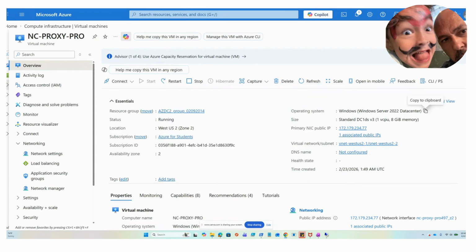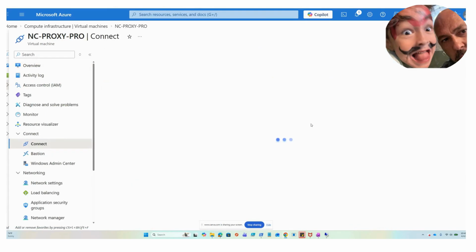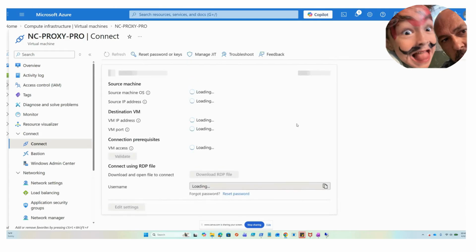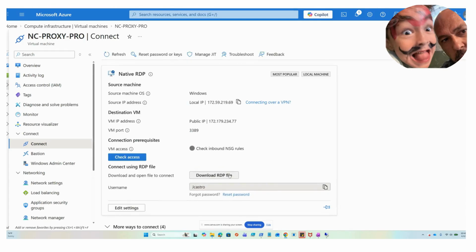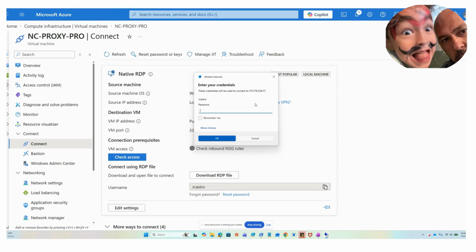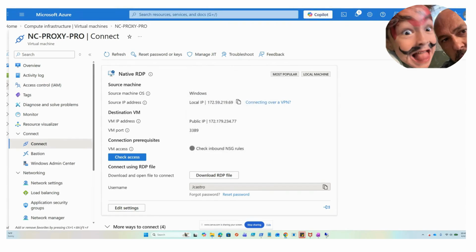So let's go back into the rule. I can connect if I want now, but let's connect just to see that we're getting a connection. But we're going to go back to that rule because we don't want it like that, and I'm going to explain why. Let's open this again. Everything is active. I should get the prompt right there. There we go, I can log in. It's a good sign. I don't want to log in, I already know I can, because I'm going to fix that rule. Very important that you follow through,